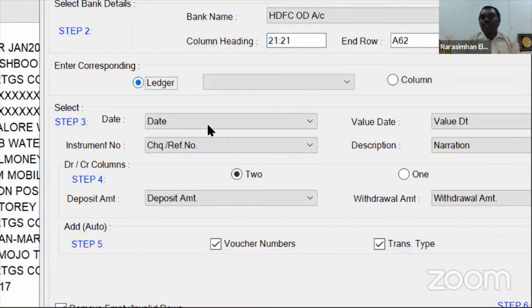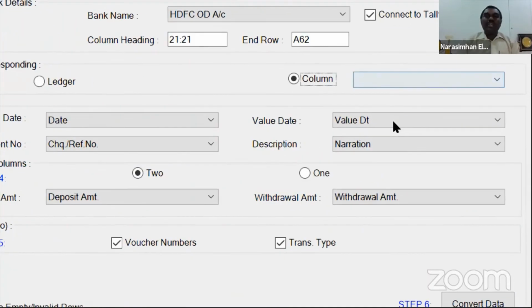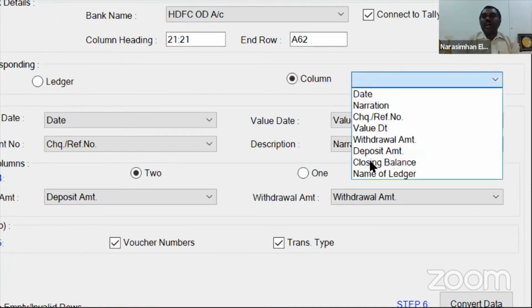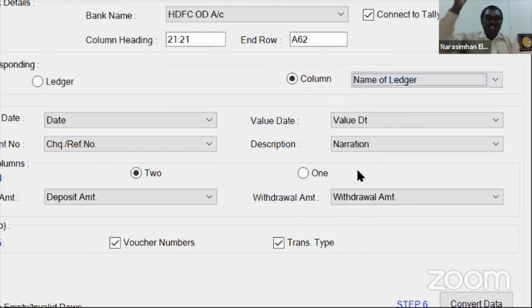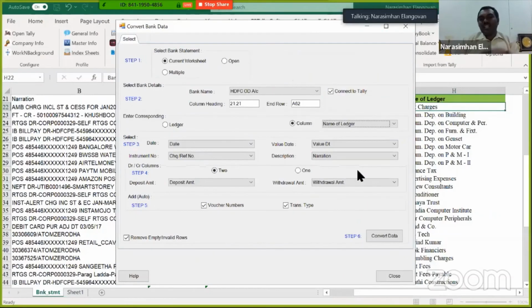Ledger may not be so useful because I have to choose one ledger against all of them. I choose an option called column. The moment I click on column, I choose where is the column. I choose there is a separate column called name of the ledger. This is nothing but to complete the double entry, the other leg of the entry, whether it's debit or credit. The moment I've chosen this, all I have to do is click on convert data.